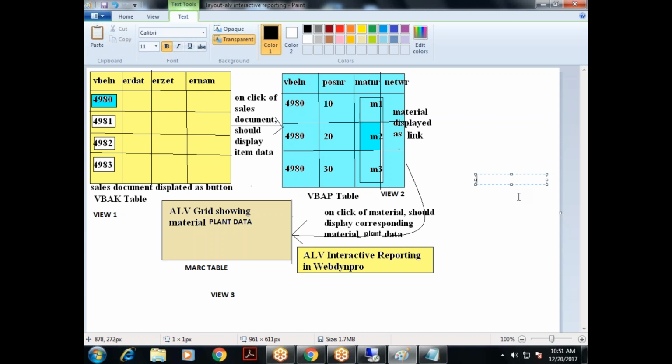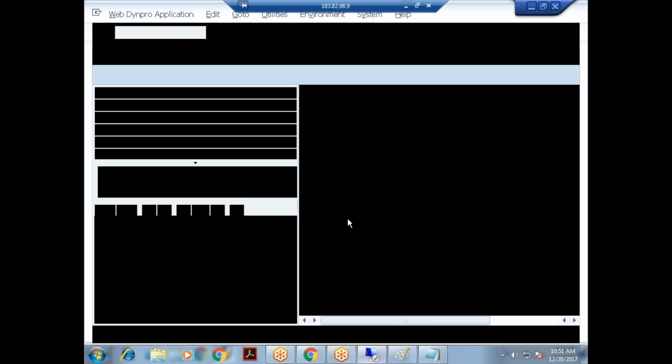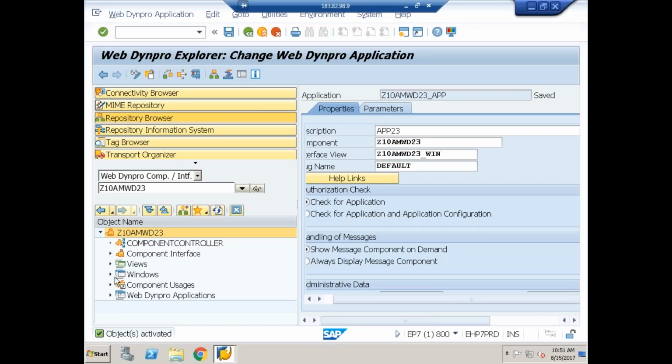Then I require three component usages. Then under each component usage, I have mapped the appropriate node with what? Data nodes. Am I clear? So it is activated, done. Now when I execute this,